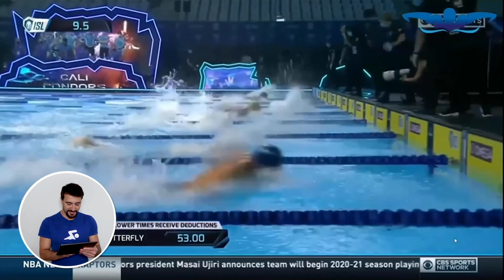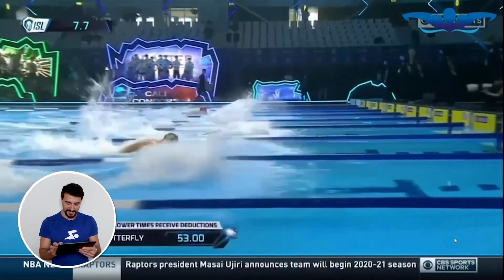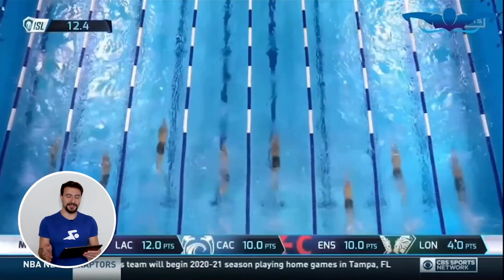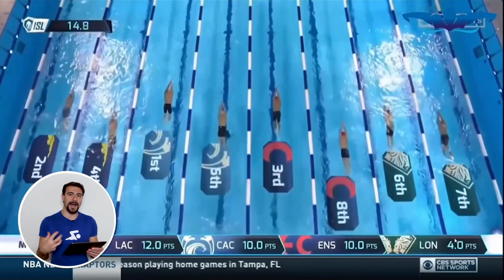I mean, look at this. It's just floating into the wall. If you guys missed it, he's right here, and he just floats into the wall. I mean, that right there is probably 0.2, if he has a little bit more pop, a little bit more